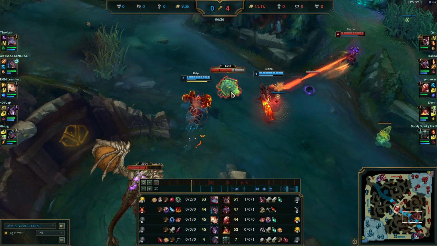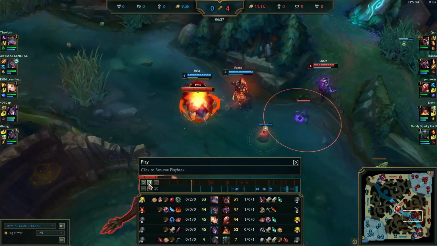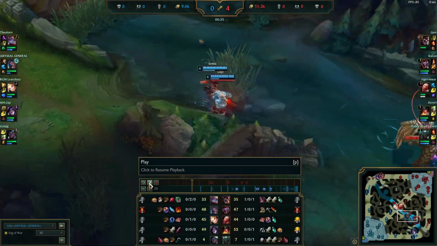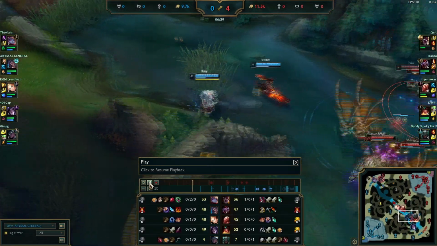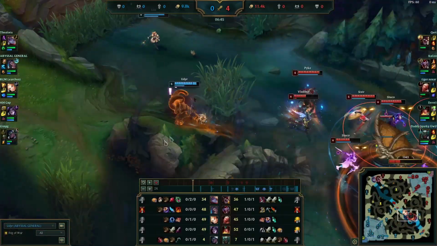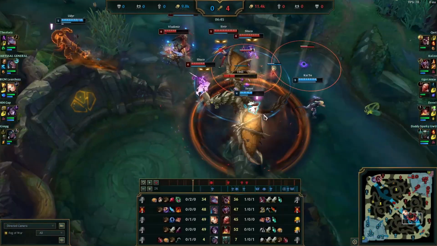So once I see that the Scuttle Crab spawns, this guy shows up, I'm like, okay, I'm just gonna take the Scuttle Crab, my Senna, and we gotta get out. Now I see that they're contesting it a bit, but this is pretty much wasted time. I could leave this earlier, and there you see, I don't know what these guys are doing